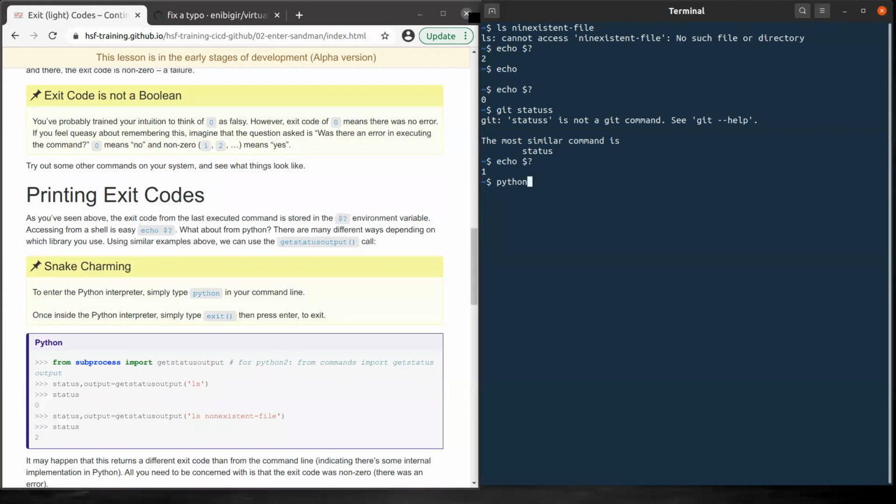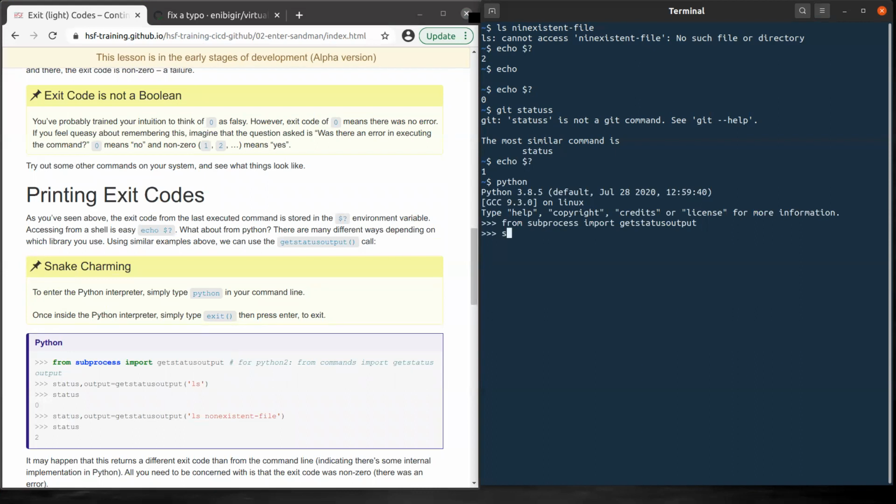As you can see, let's type from subprocess import getstatusoutput. Maybe you've noticed that I'm using Python 3. If you don't have Python 3, I have this line that you can use to get this getstatusoutput call.